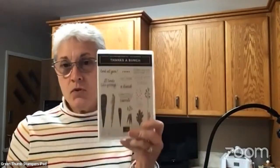All right, guys. We are here tonight at Mom's house. I'm Jill Blanchett with Green Thumb Stampers, coming to you live from the peanut butter cupboard. I got the iPad set up in the cupboard, making up our own little studio here at Mom's house. So tonight we have a card, a fun fold using the Thanks a Bunch stamp set from Stampin' Up's new